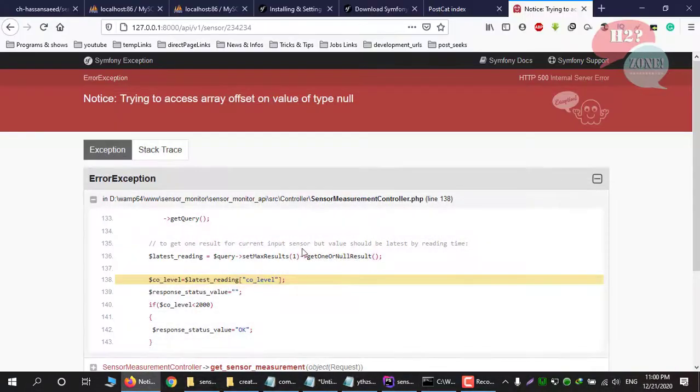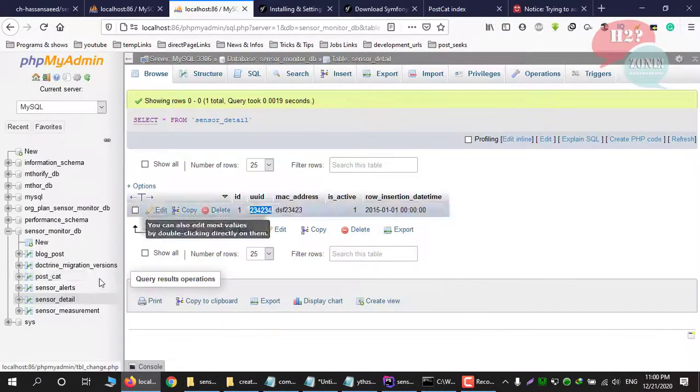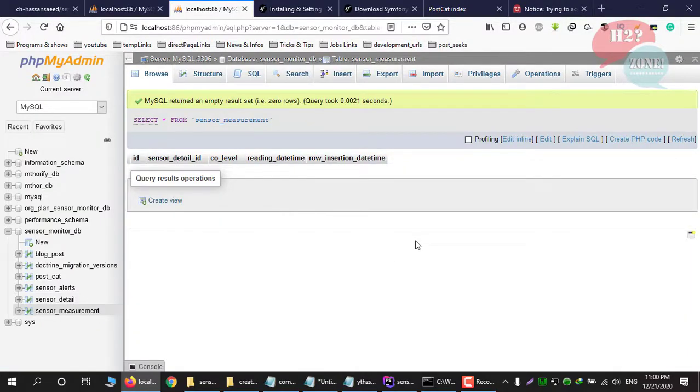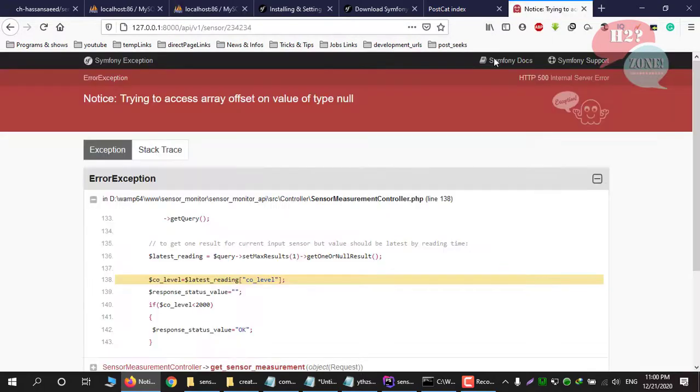But it doesn't have any data in this table, so that's why it's showing an error. For this, you can see my previous video related to this sensor project, where you can learn how I put data in this table so that I can view the report of this page.